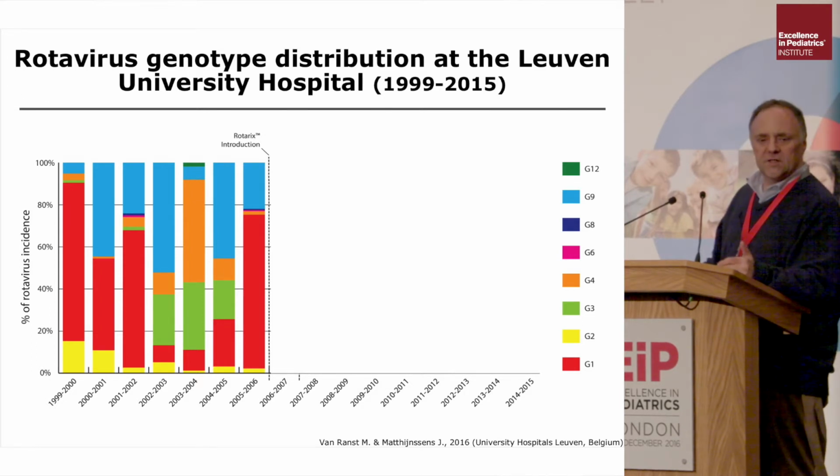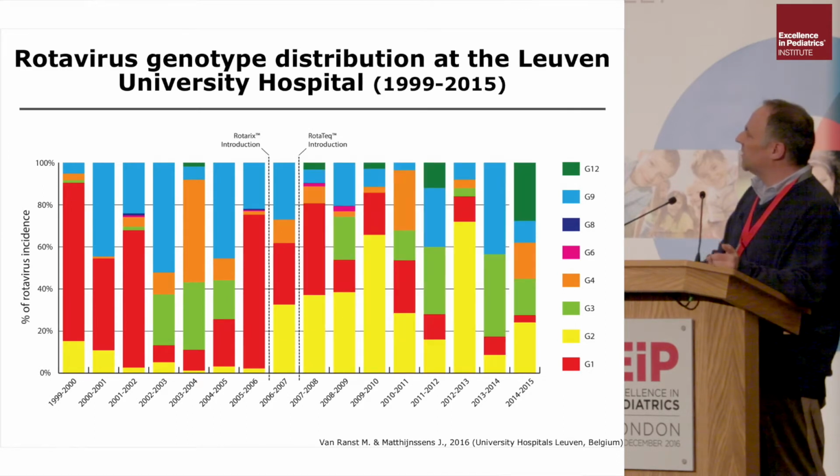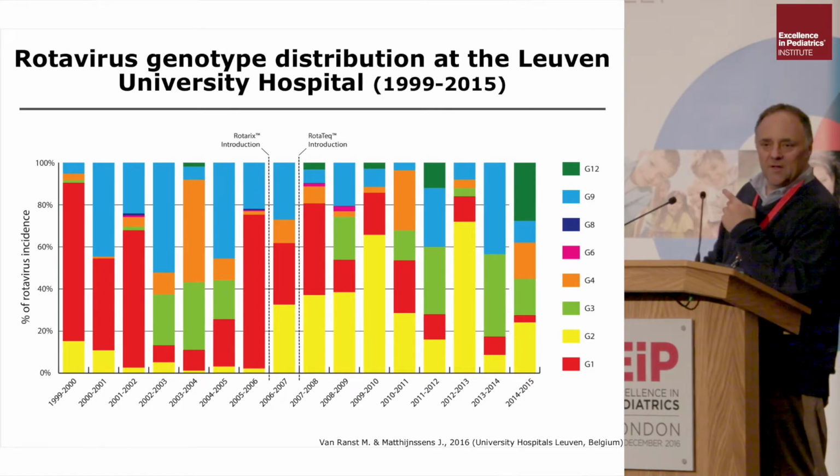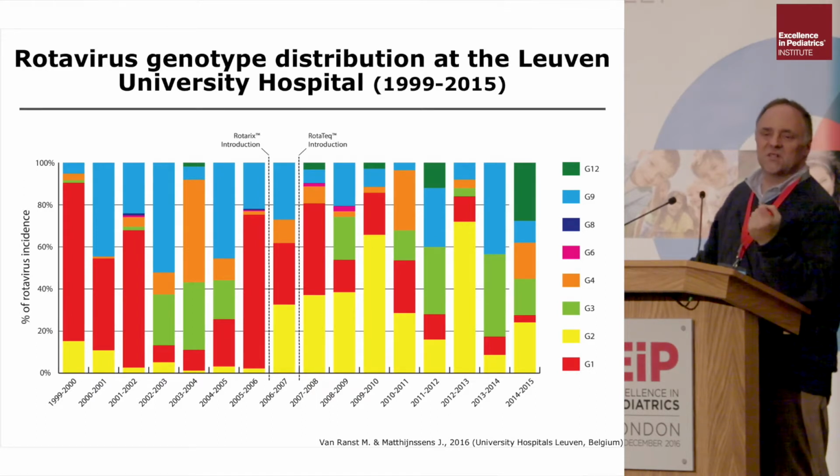But then, after vaccination, when you look at the picture after vaccination, G1 disappeared quite readily, but G2 is now the most prevalent one. This is deceiving, because this puts everything at 100%. This is important for virologists. We love this. And I study diversity. This is nice. But for most of you, this is not important. This is what is left.